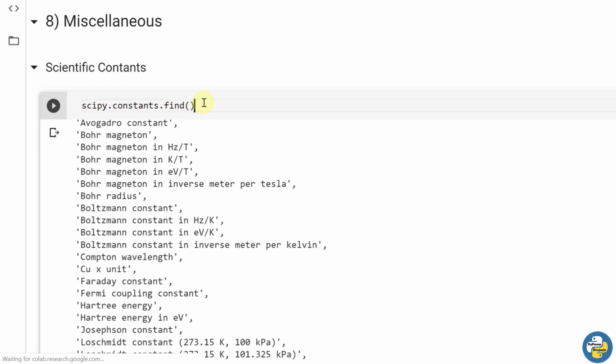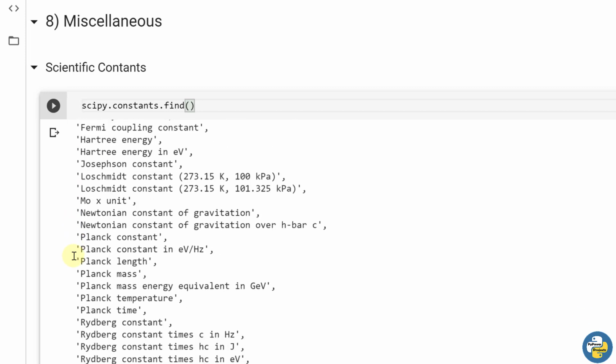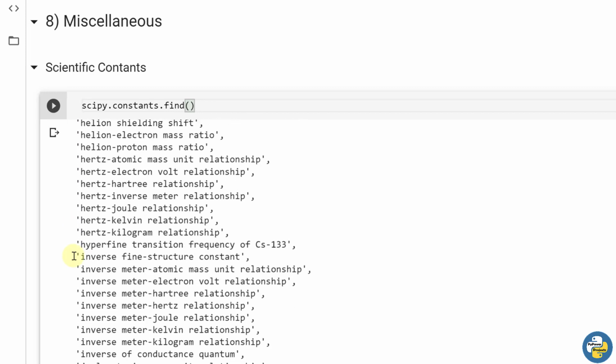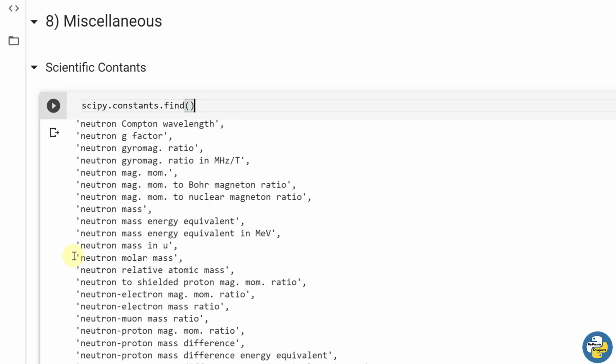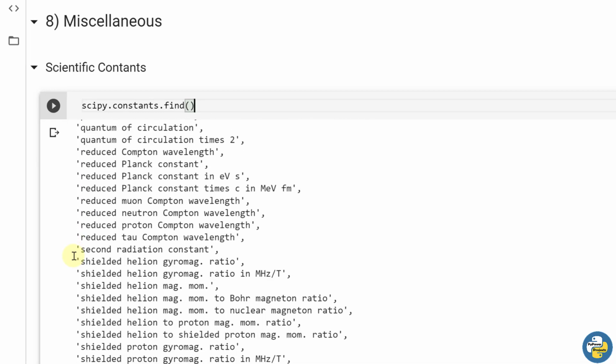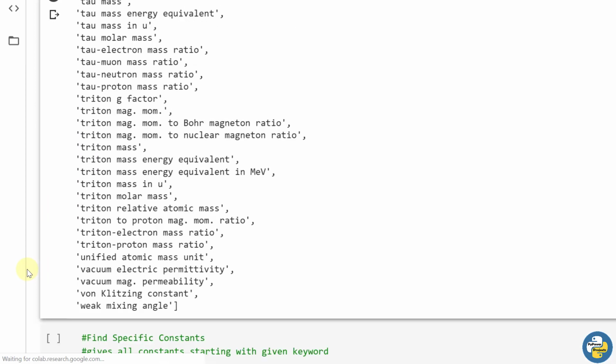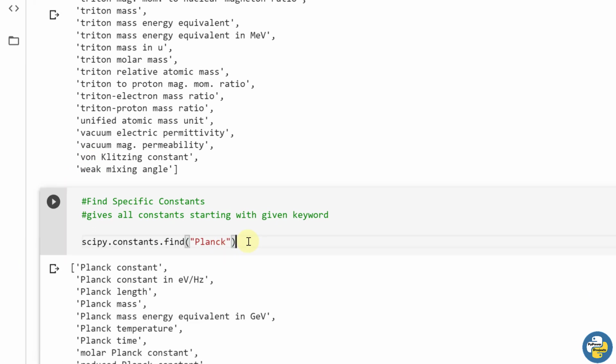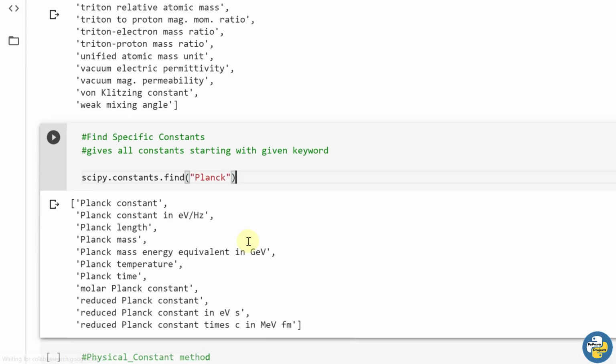Writing scipy.constants.find will give the list of all the constants present in the scipy module. You can see that all these constants are present in this module. Great. Starting from A till W, all constants are there. But the question is, now I want to find a particular constant or the value of a particular constant, then how could I do that? Its solution is here.